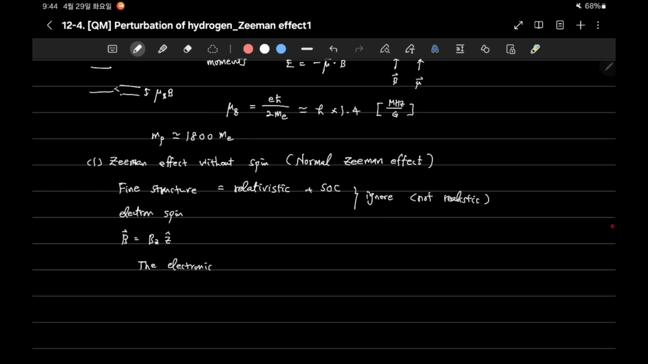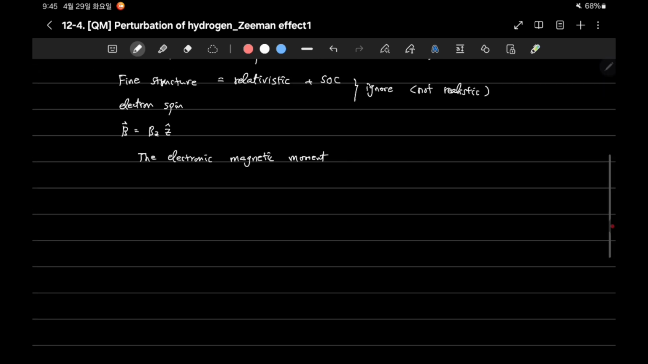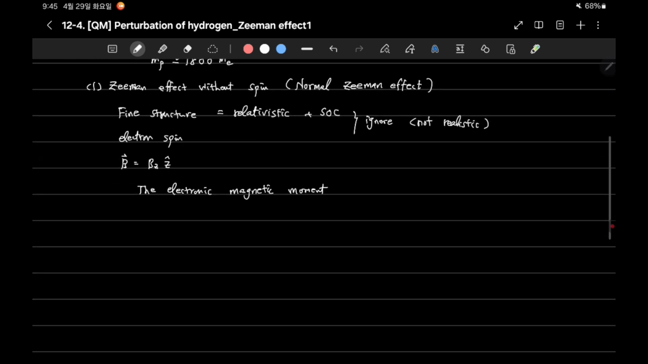So the electronic magnetic moment comes only from orbital motion in this case. We ignore the spin contribution because we ignore the electron spin. So orbital motion makes the electronic magnetic moment like this: minus e over